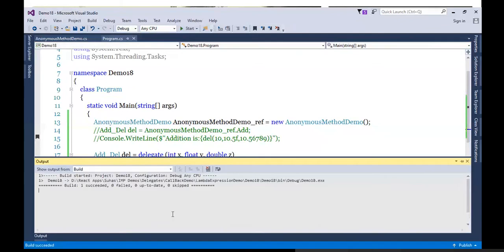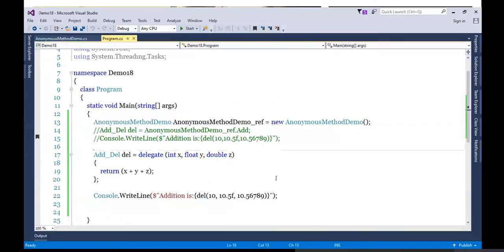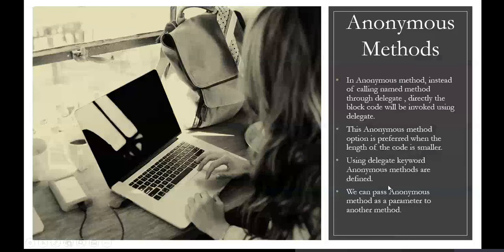Watch out. See, it is showing the same. So these two things are important: the delegate keyword, and directly attaching the signature. So let's watch this out. In anonymous method, instead of calling a named method through delegate, directly the block of code will be invoked using delegate reference.